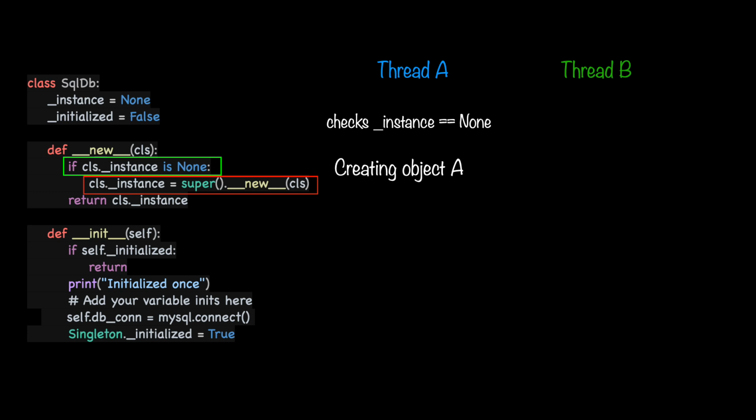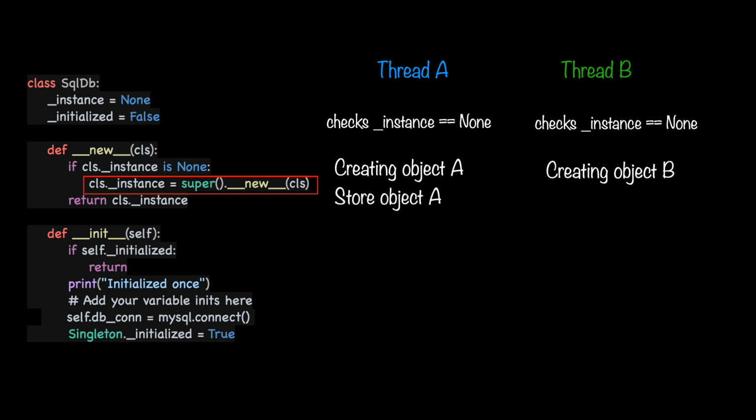and checks for the class underscore instance variable. It is still None because it is not assigned to anything by thread A, because thread A is still at creating. It has not passed to the assigning stage. So since the if statement is true, thread B also goes inside the if statement and tries to create a new SQL DB instance. Now thread A has completed the creation of the object and it will assign the object